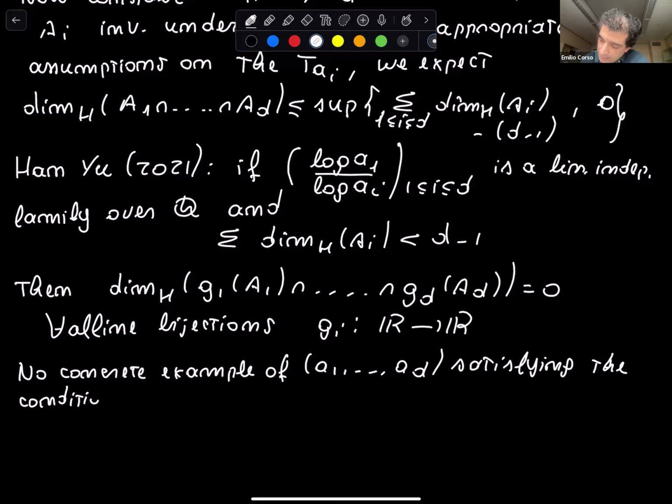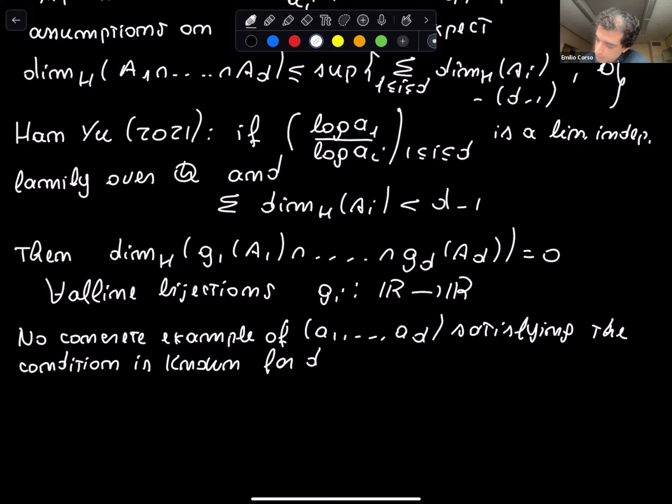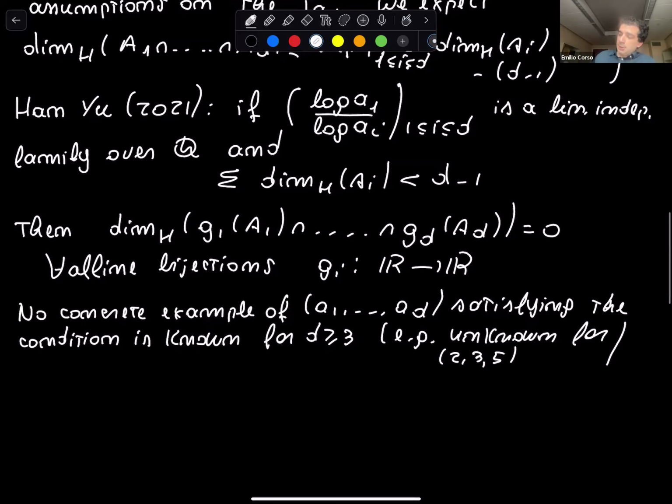For instance, it is already unknown whether the condition is true for 2, 3, 5. Satisfying the condition is known for d at least 3, e.g. unknown for 2, 3, 5. It is expected, of course, to be true, for instance, for 2, 3, 5, or any triple of prime numbers, or even more generally. It is expected to be true, but it...